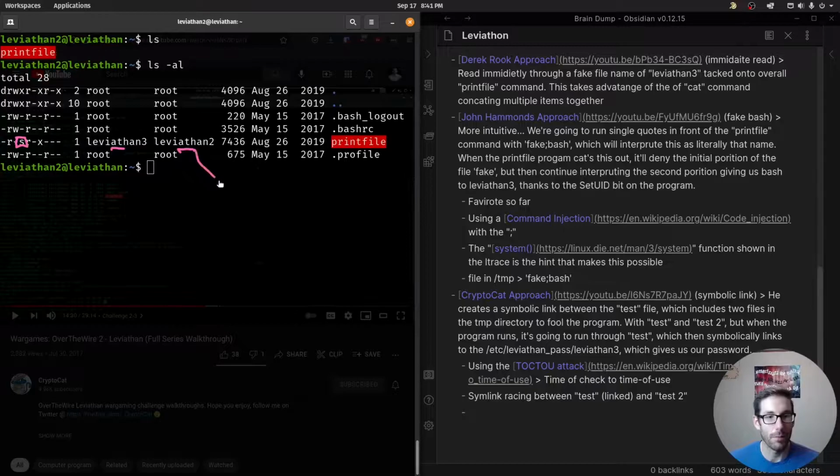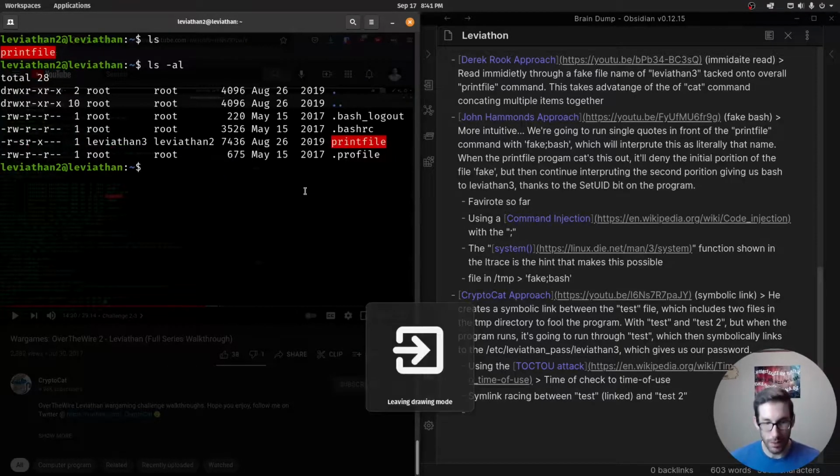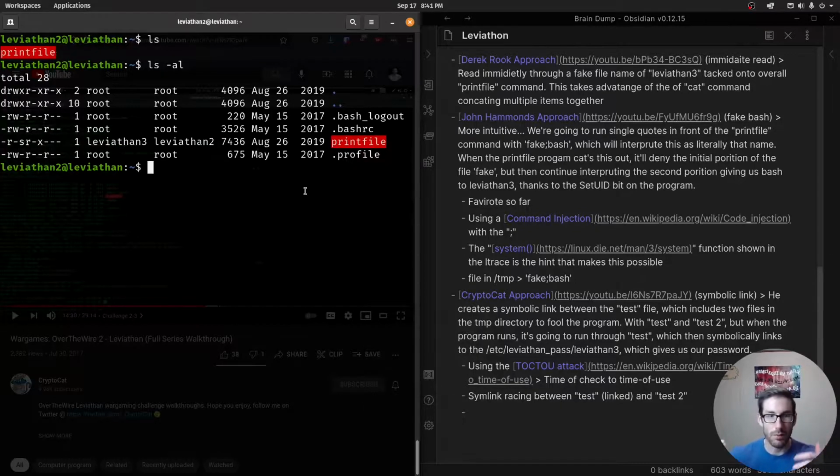Basically what that means is that if we execute this file correctly, we're going to have temporary access. I did a bit of Googling on this, and when we look at ltrace, which I'll show you in a second, there's going to be this thing called setting the effective UID. And the effective UID is basically allowing us to have effective permissions to run this file based off of what's set inside of it. So with all that being said, let's run ltrace first, just to see what happens here,